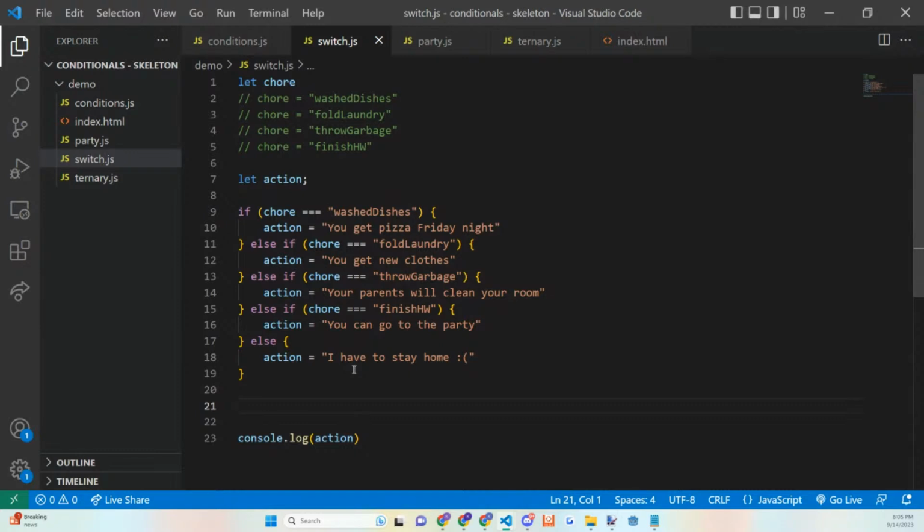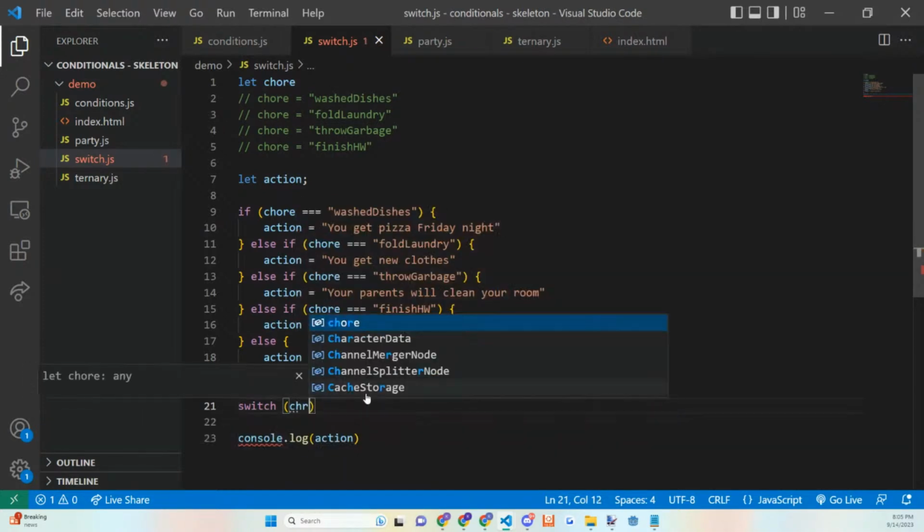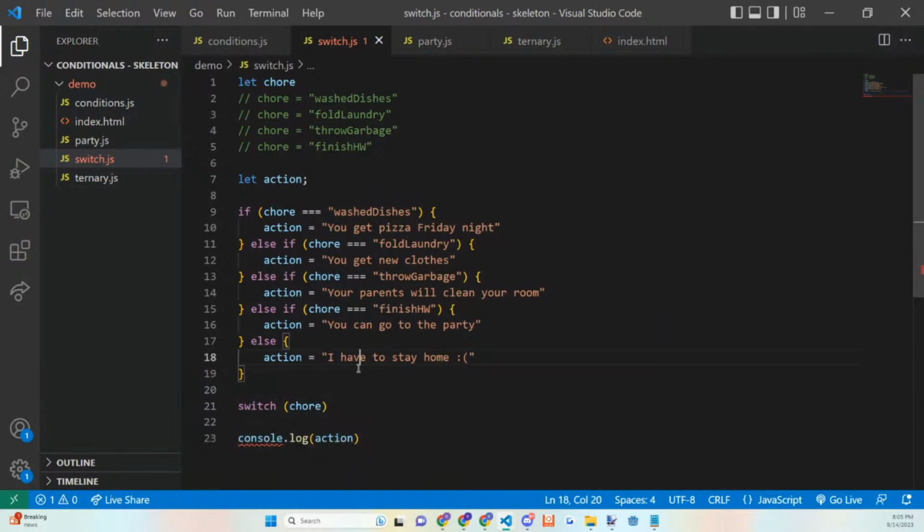So in order to best do this, let's write this down here and say switch. And we put in the specific condition that could change, right? And what case it will hit will be dependent on our cases later. So we can say specifically the chore. The chore is a value that will change dynamically, right?